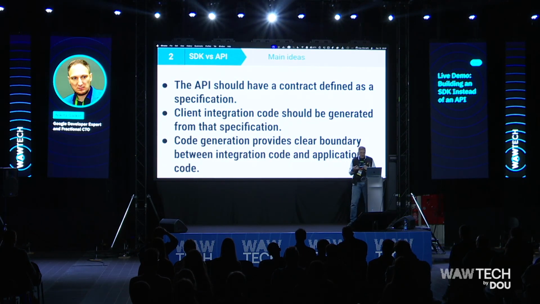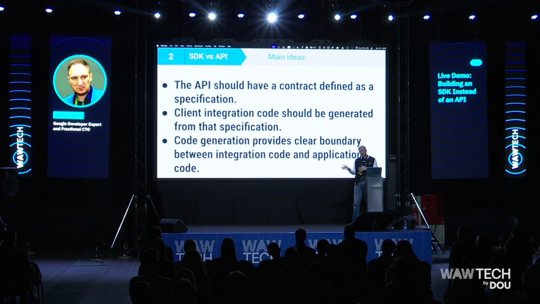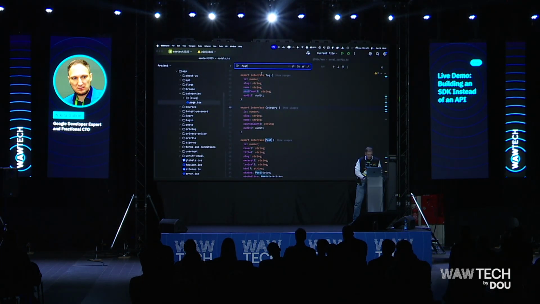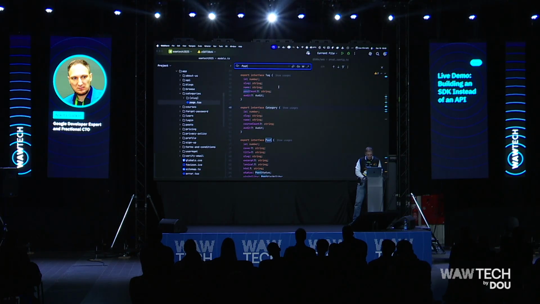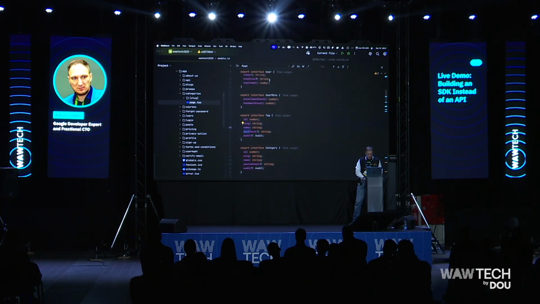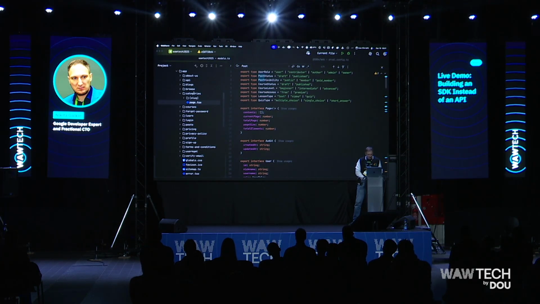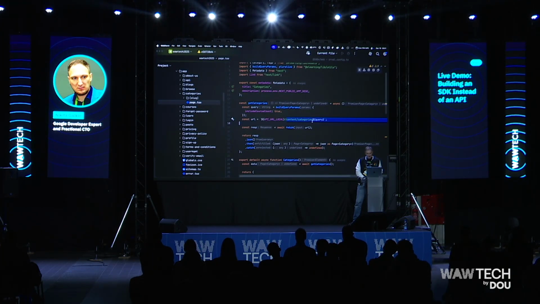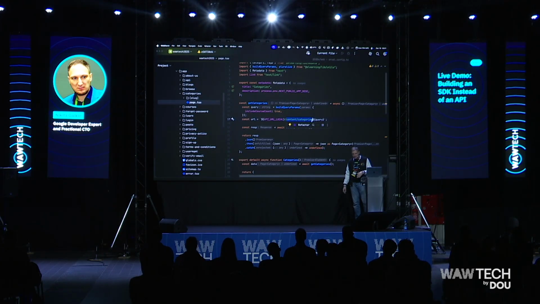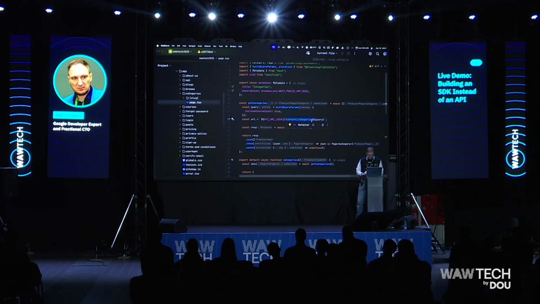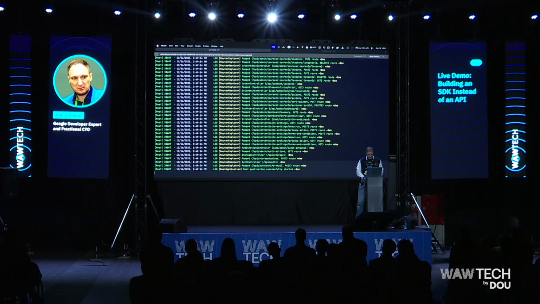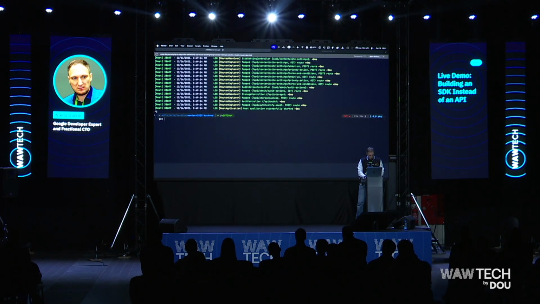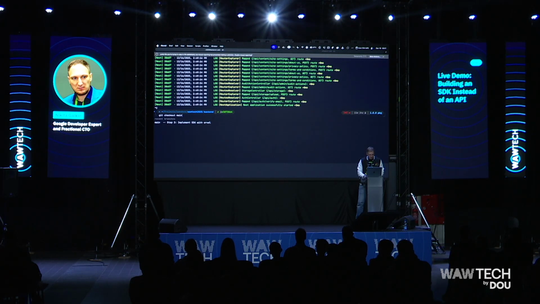Next, client integration should be generated from this specification, not manually created types, not manually defined endpoints to be queried. It should be generated. So it's demo time, and let me switch to the main.